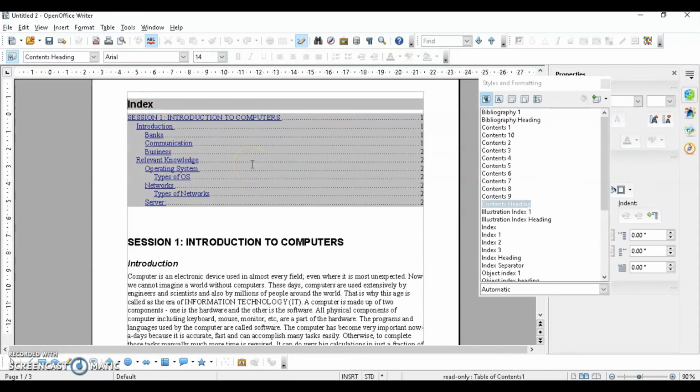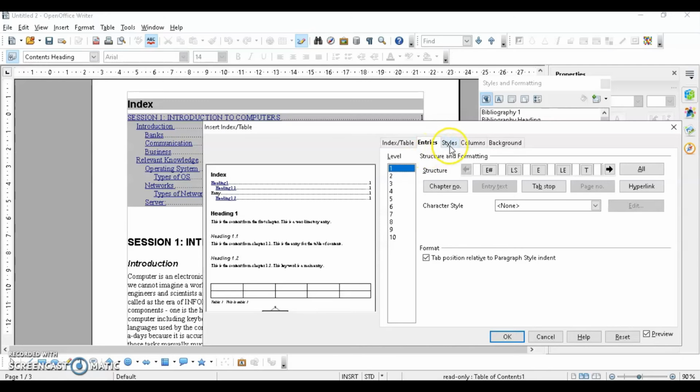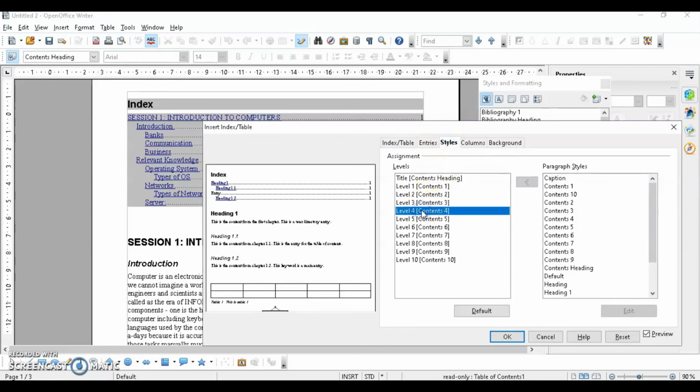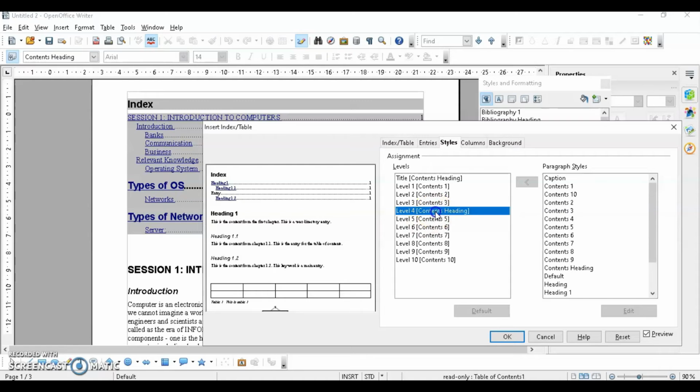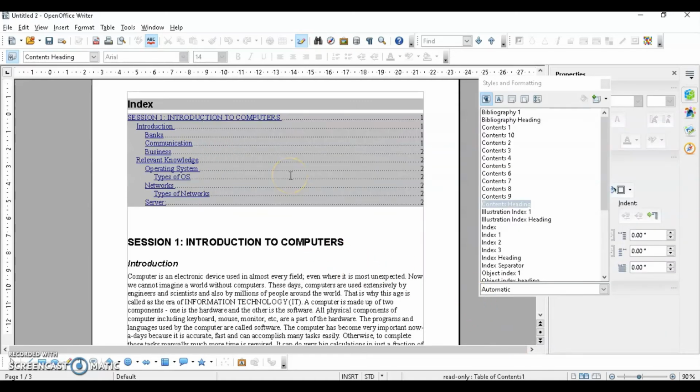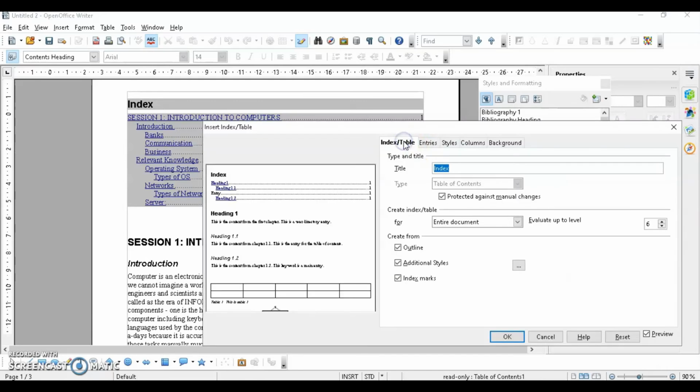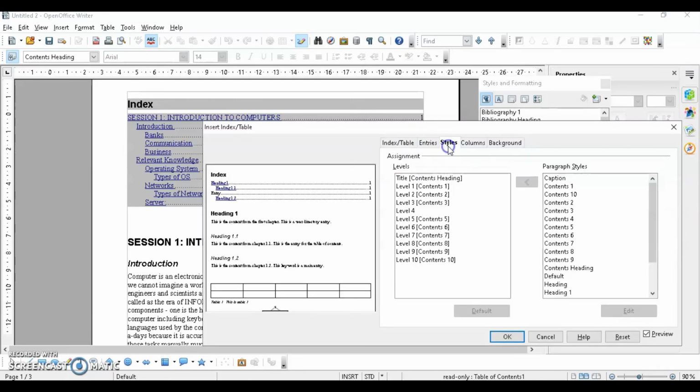Now let's change the style of my heading 4. So I'll again click on it. We have to go to the style tab. Over here, let's select this content 4 and I want to apply this one. So I'll select the paragraph style, click on this, click OK, and you can see that it has been changed. And if you want to apply the same, you just select it, click on default, OK, it will take the default style. Now let's go to another one.